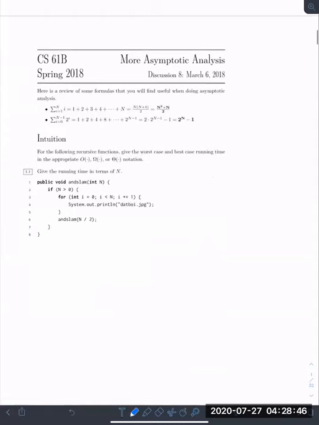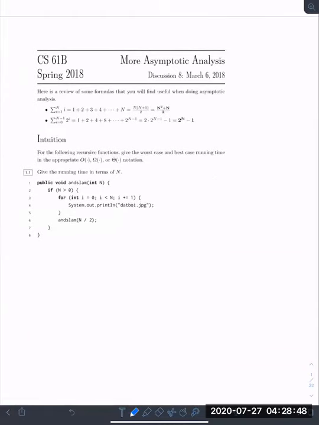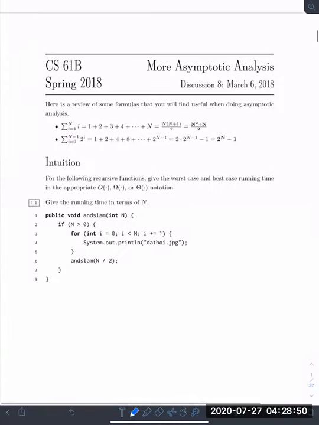Okay, so the first topic is asymptotic analysis. So first I want to do some review on some important formulas that might be helpful when doing these problems. So one is written here. 1 plus 2 plus 3 plus 4 plus all the way to n, which is going to result in essentially